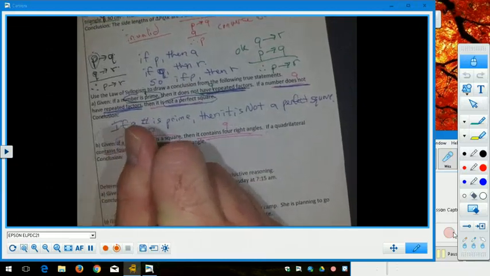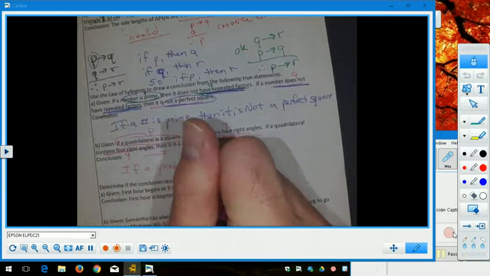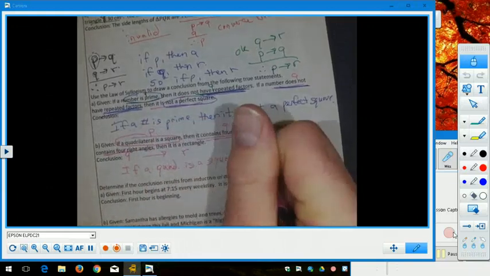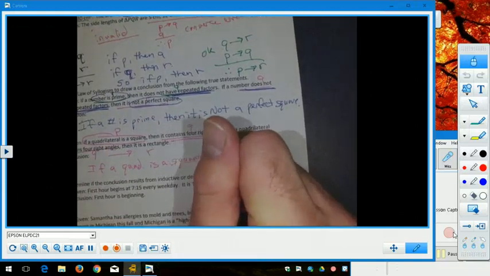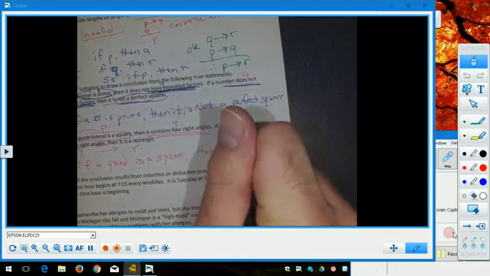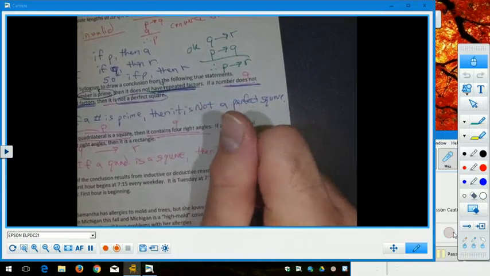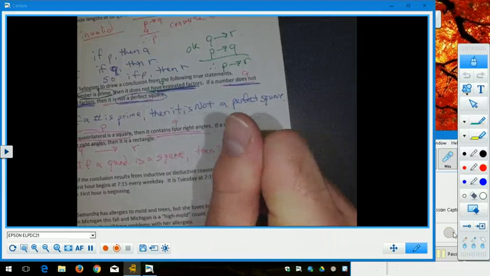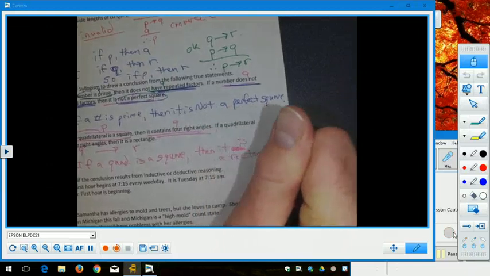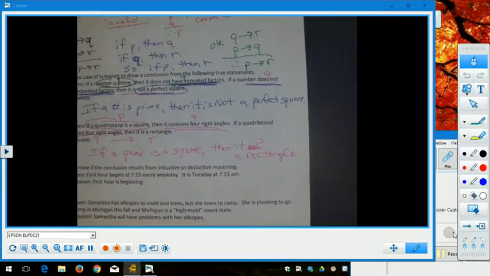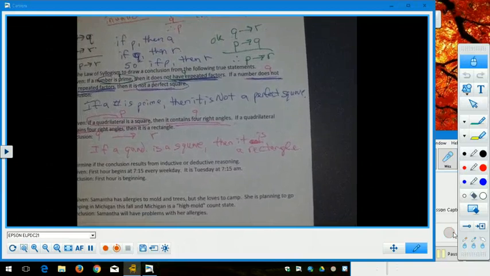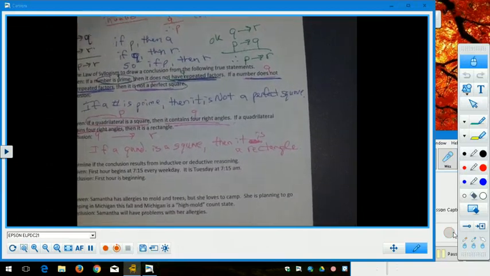If a quadrilateral is a square, then it is a rectangle. Which actually is true, and we will see why when we get to our unit on